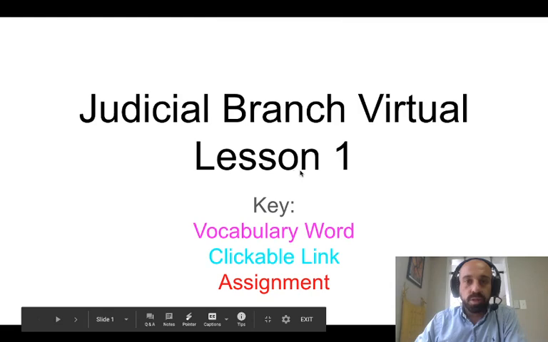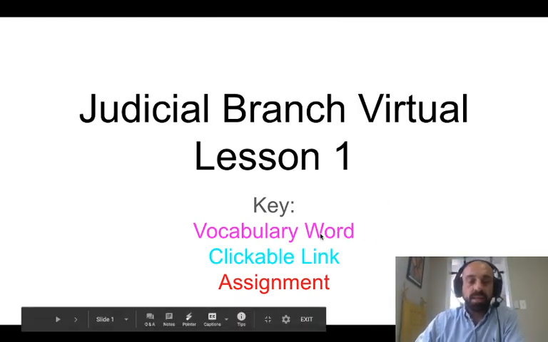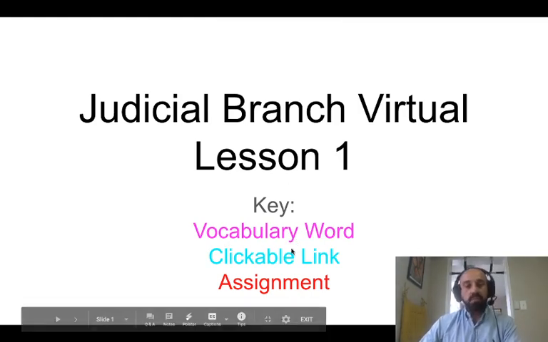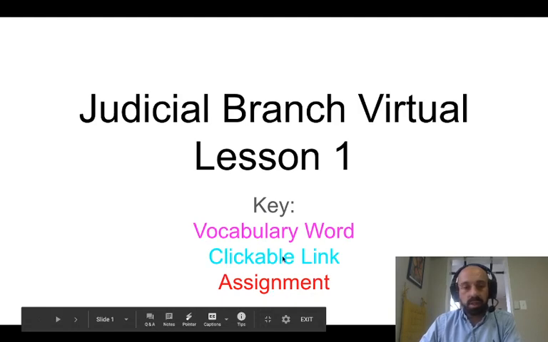So as I pull that up, you have Judicial Branch Virtual Lesson 1. Some important things to know is that vocabulary words are going to be in this magenta color. Clickable links will be in this aqua color here, and any assignments will be in red. I'll also have a separate spot for your assignments, so you probably won't even see these in the Google Slides presentation, but just in case. Anyways,